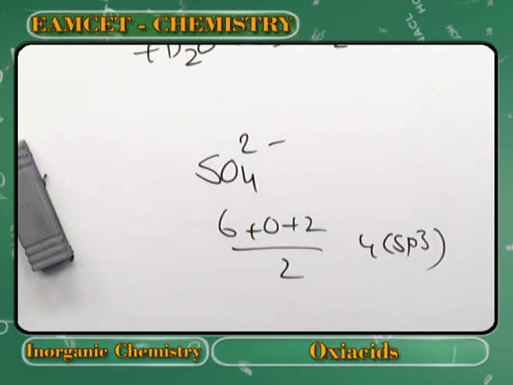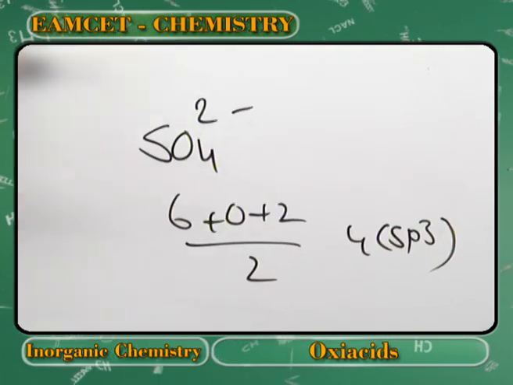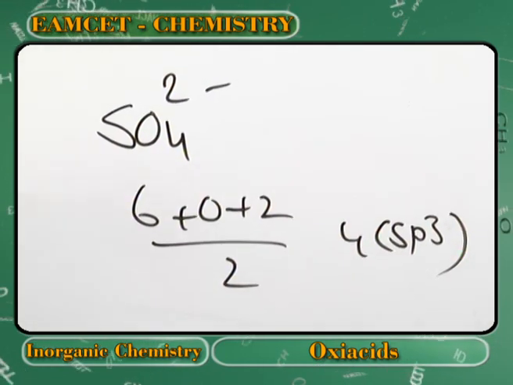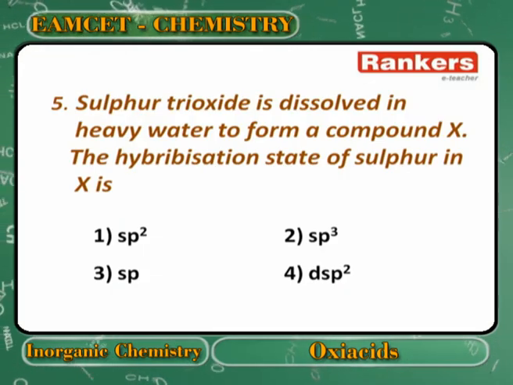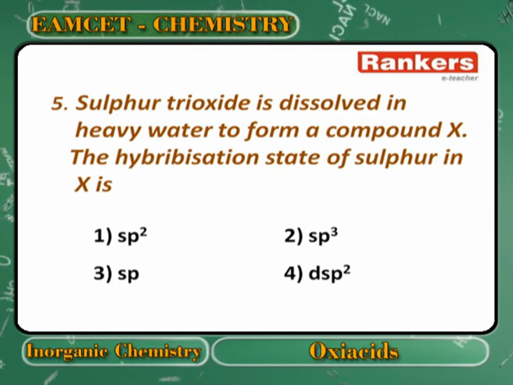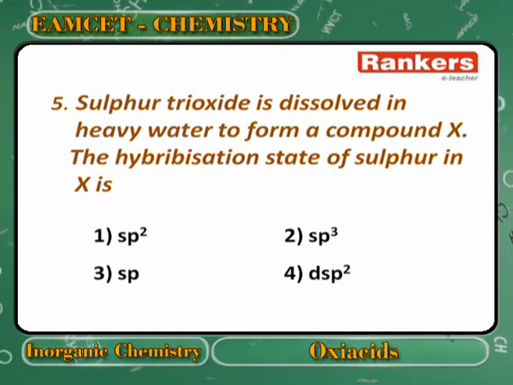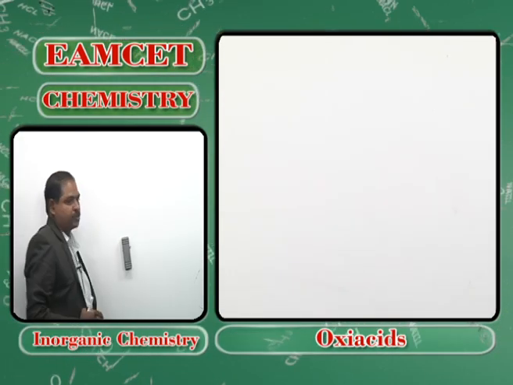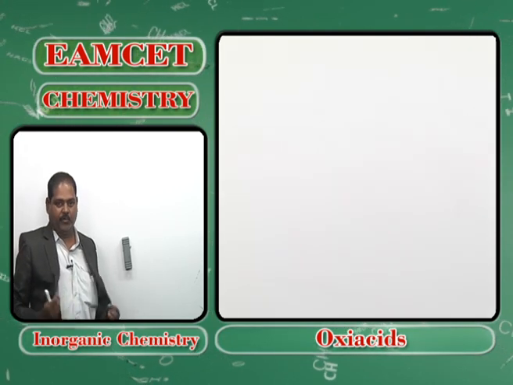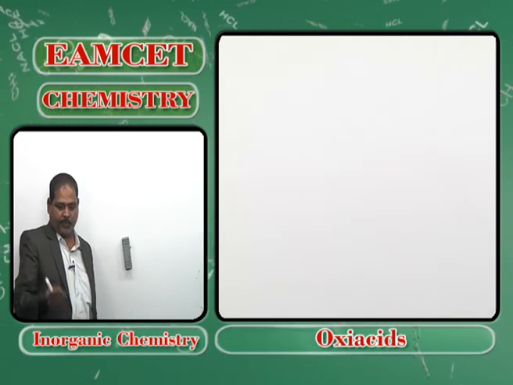Okay? So the question is, how does heavy water react with sulfur trioxide? The answer should be similar to that of water. Heavy water is no different. It is of course water, just a little heavy. If I remove the shirt, I will become normal RSN. With this shirt, heavy RSN. That's all. sp3. Next